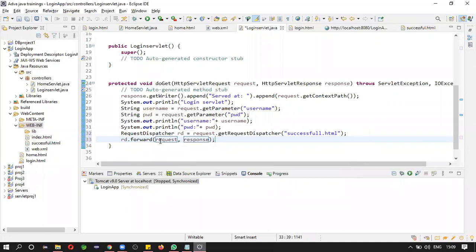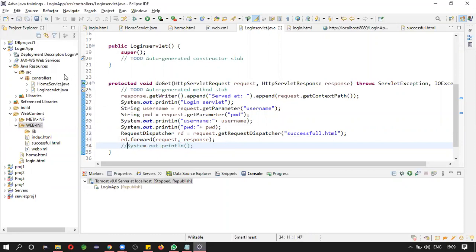Currently, you don't have the response. You are forwarding that request. So where to forward? Check the spellings. Save this, and now let's run this.